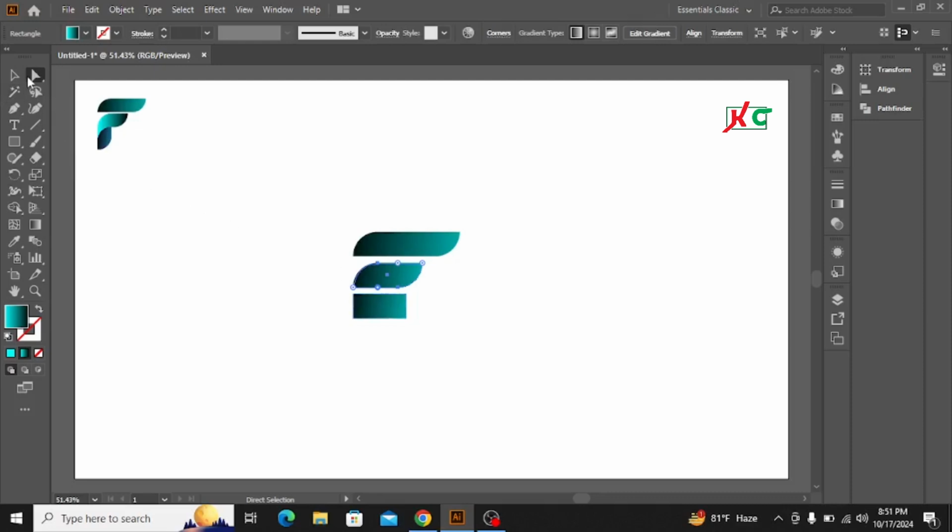Another thing is that I now need to rotate it 90 degrees and keep it over here exactly like that, and just copy this one like that, just by pressing Ctrl